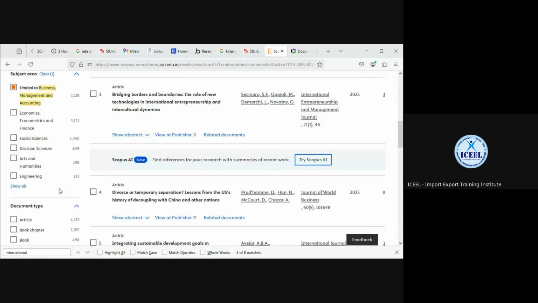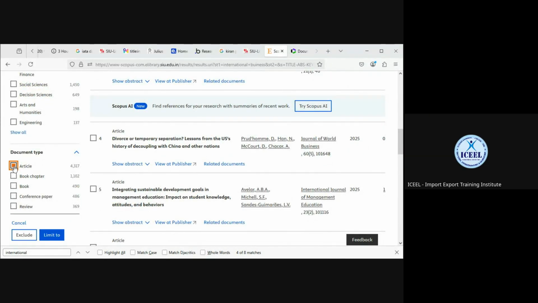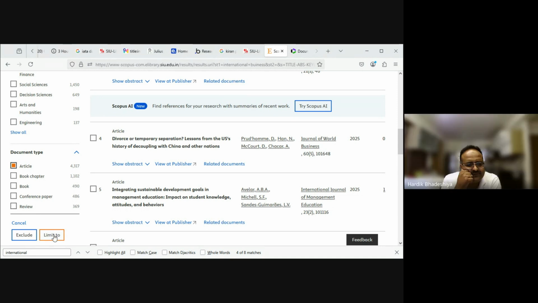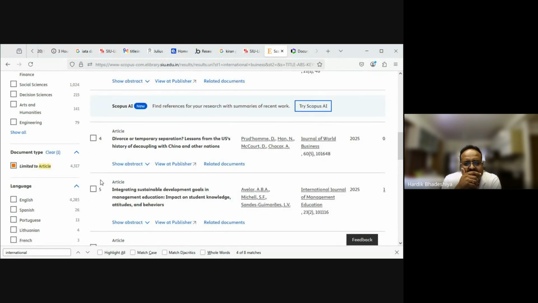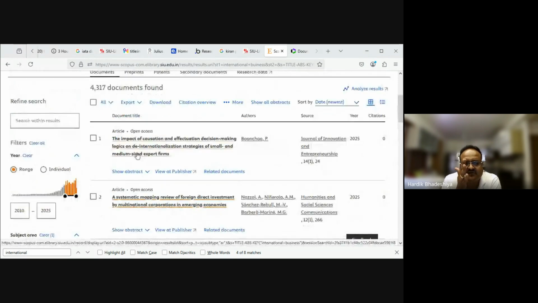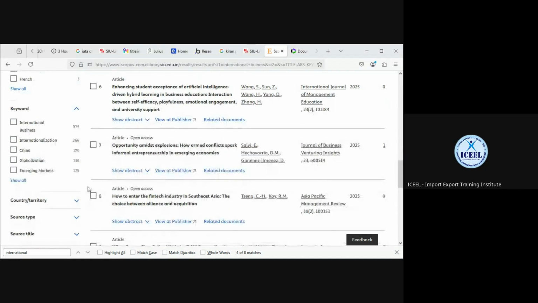Now another filter I can apply is articles. Not a book chapter, not a book, not a conference paper, not reviews. Limit to articles. So now it will be further pulled down from 7,000 to 4,137. Now again, keywords: international business,